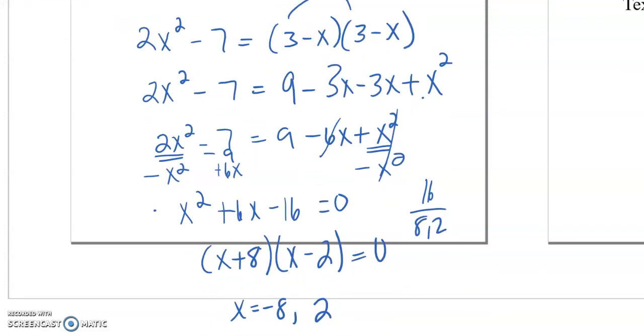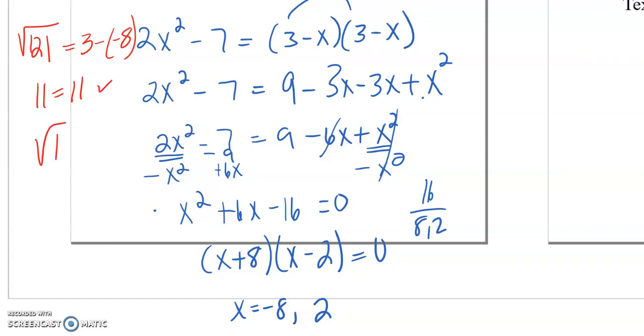I can already see that I'm going to have an issue. When I put in the negative 8, yes, I'm going to get 121. I'm going to get 16 times 2, I'm sorry, 64, 128, 128 minus 7. But then I'm going to get 3 minus a negative 8. So I get 11 equals 11, and that does work. Then I'm going to get the square root of 8 minus 7 is 1. 3 minus 2 is 1. They both work. So in this case, even though it's negative and there's radicals, it does